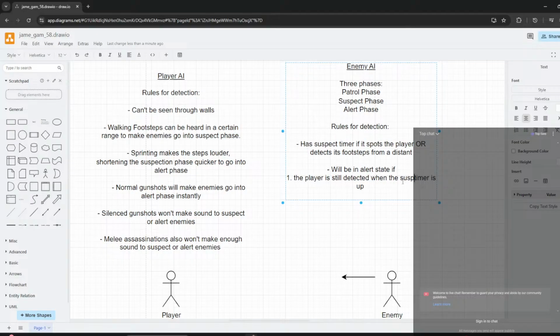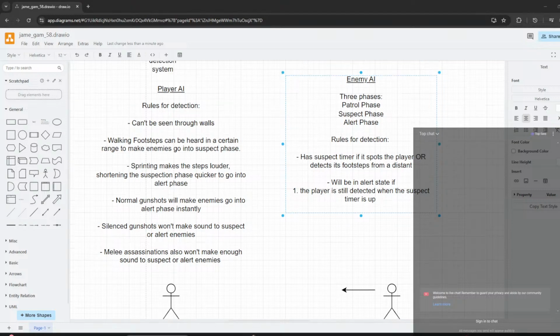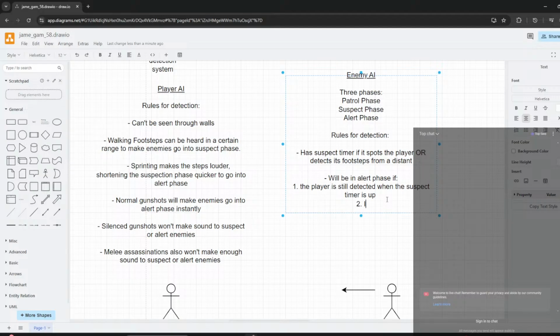When the suspect timer is up, we'll be in alert phase, or I mean alert state phase, if one, it hears enough footsteps from the player